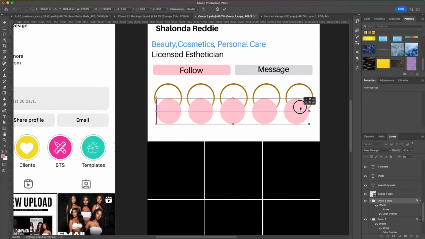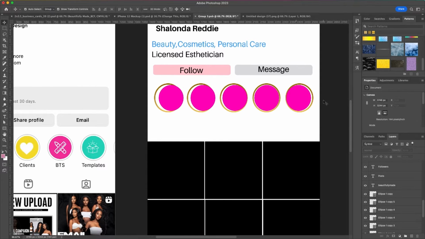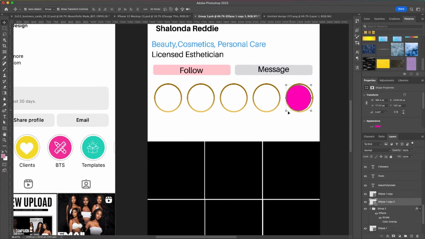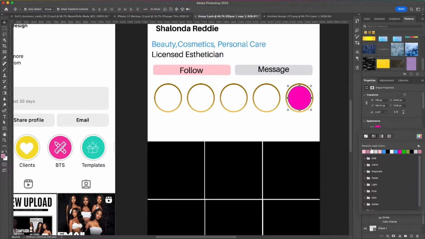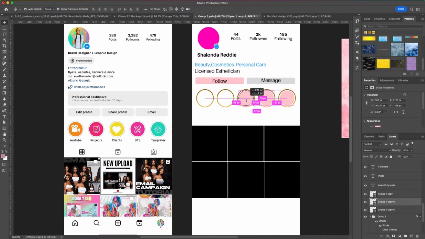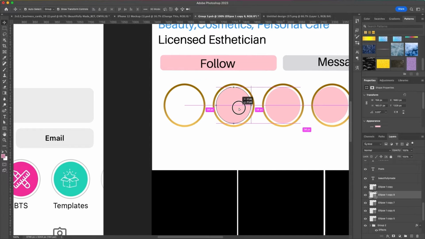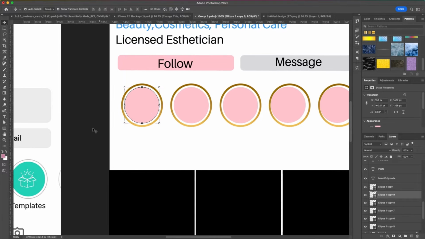As far as actual inspiration photos, like other people's cards or something that she liked from another design, she didn't really say anything like that, which is absolutely fine for this project because it's an Instagram inspired card. It's pretty much self-explanatory as to what the client wants. Usually I require inspiration photos. I don't